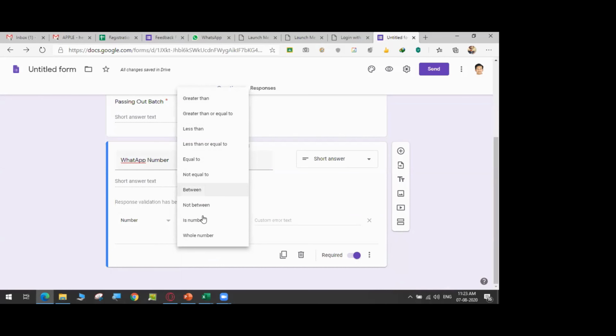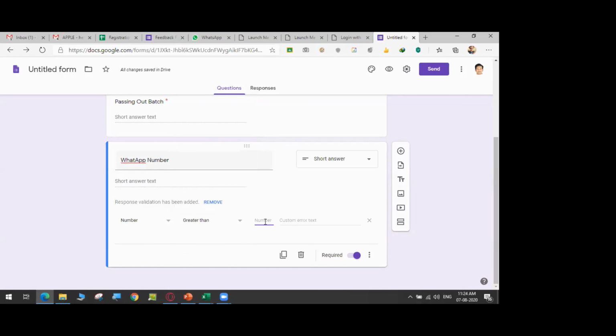Suppose this column is for age and this workshop is only for 18 years above. Then I can choose greater than, and I can give 18. If they enter an age less than 18, then automatically it will give an error.